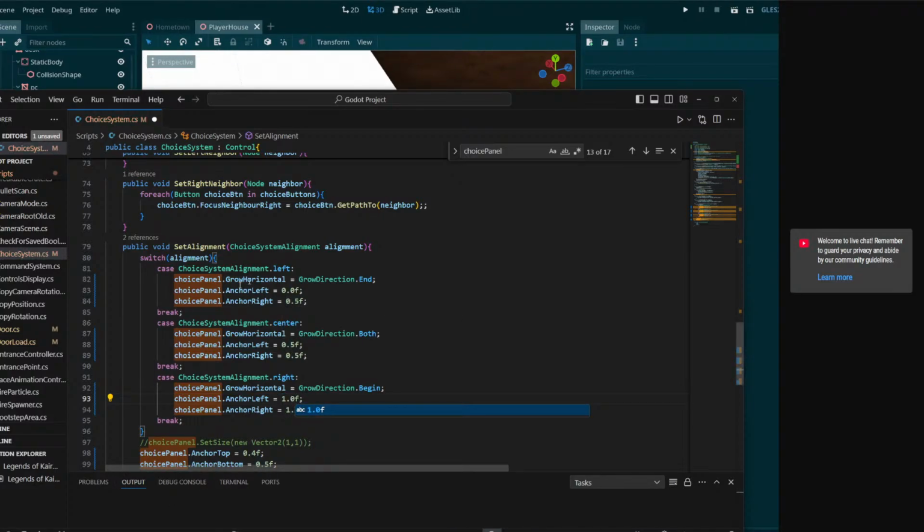If I do that, and if I do that and that,